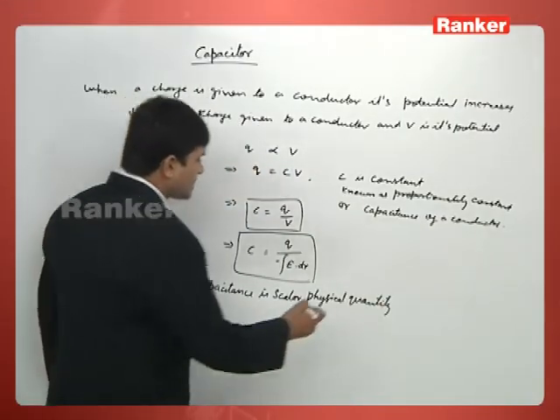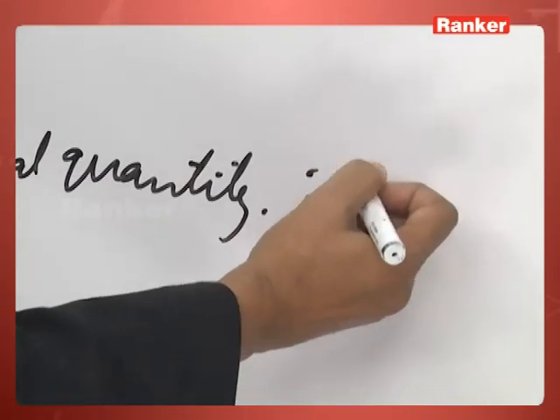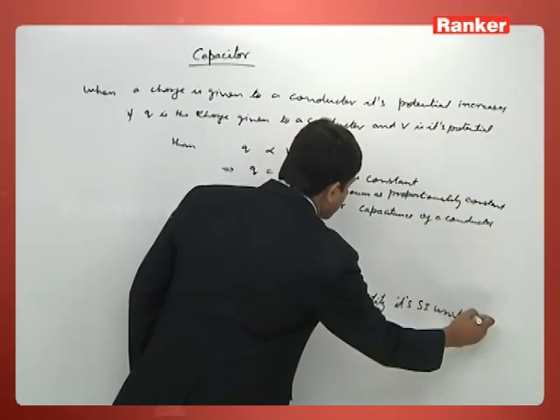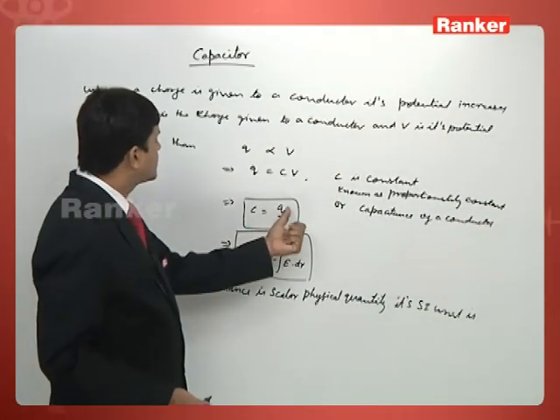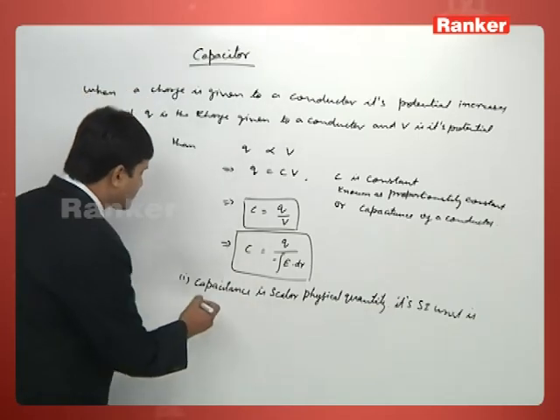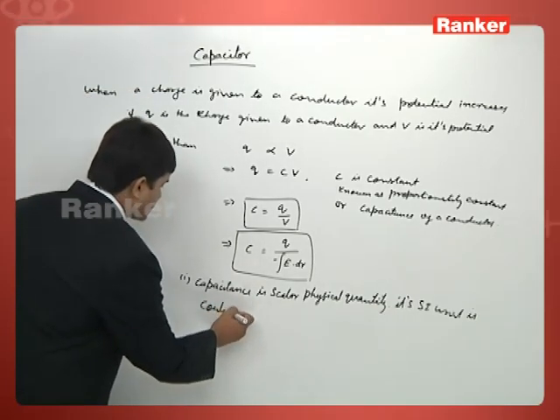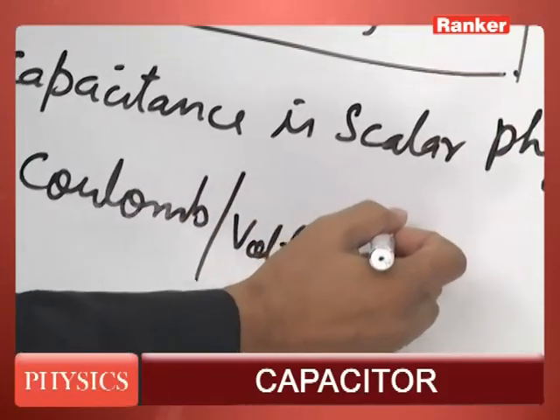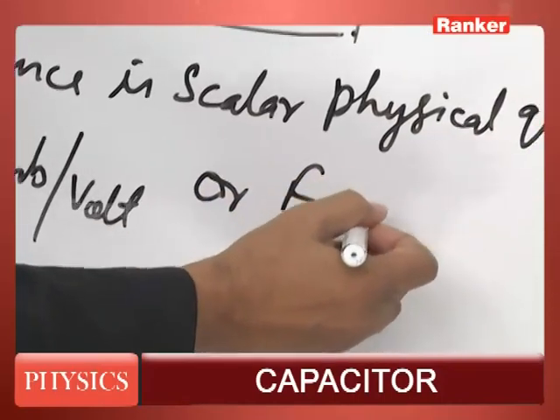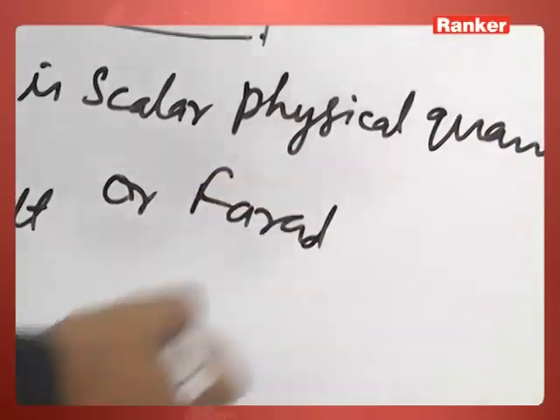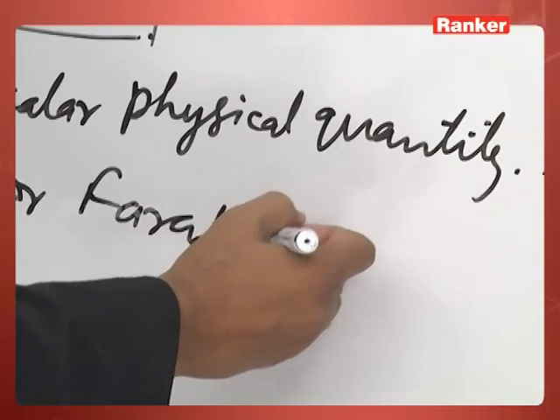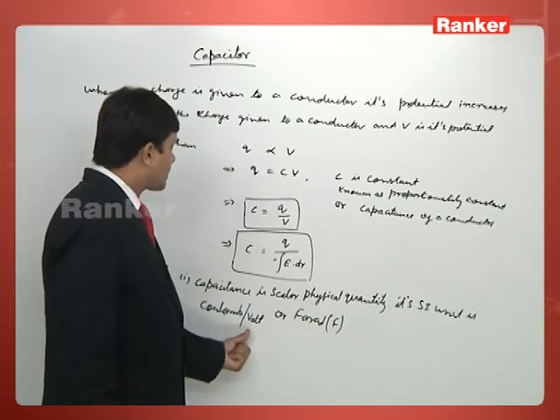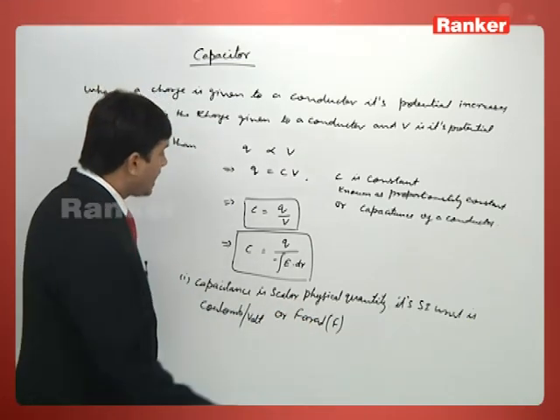Its SI unit is, from here we can get, coulomb per volt, or it is also called farad. Normally we represent farad with a capital F. So its SI unit is coulomb per volt, or we can say it is farad, and its dimension